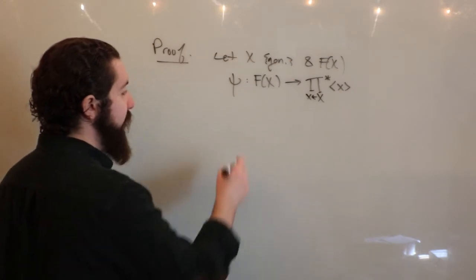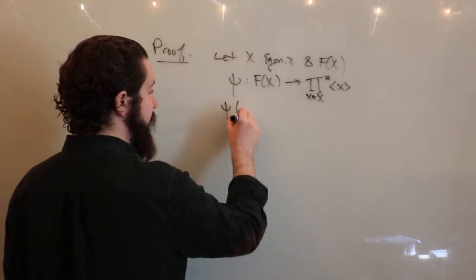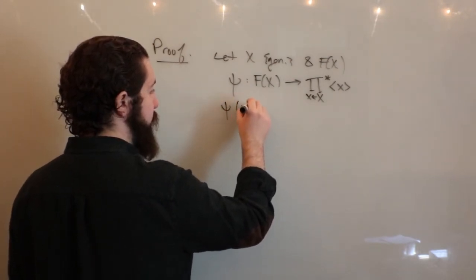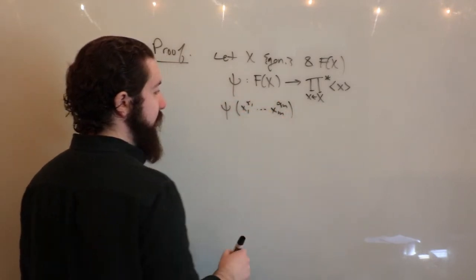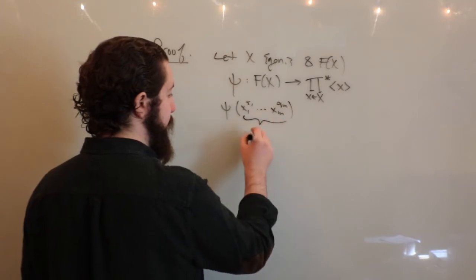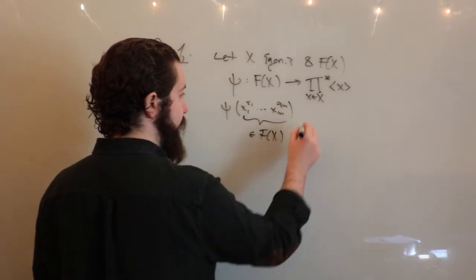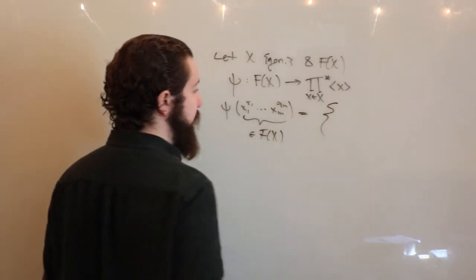And the way we're going to define this map is that for any reduced word x1 to the alpha 1 all the way up to xm to the alpha m in F(X), we're going to define the output to be